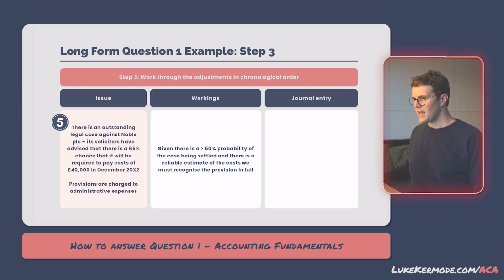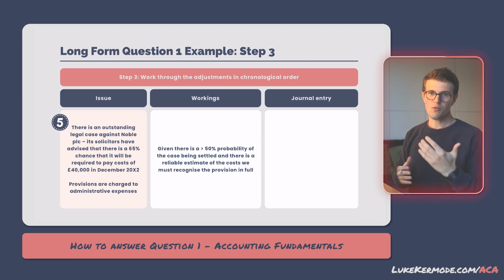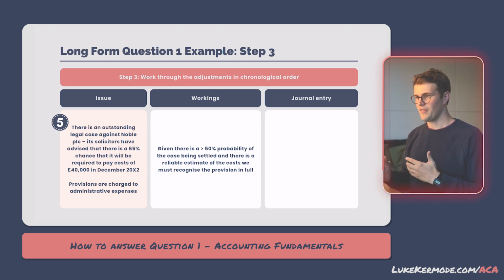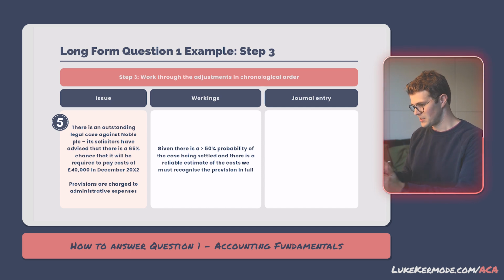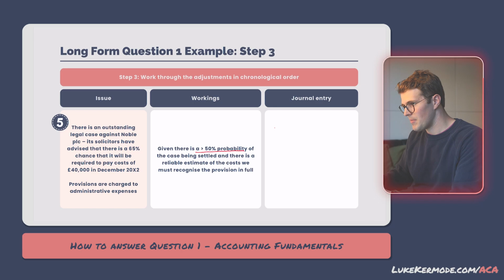The fifth adjustment relates to a legal case which is pending against Noble plc. We're told that the lawyers believe there is a 65% chance that the company will need to pay £40,000 to settle the claim. Now remember, under accounting rules, if a liability is more likely than not to be incurred and the cost can be reliably estimated, we need to create a provision. So to do that, we debit